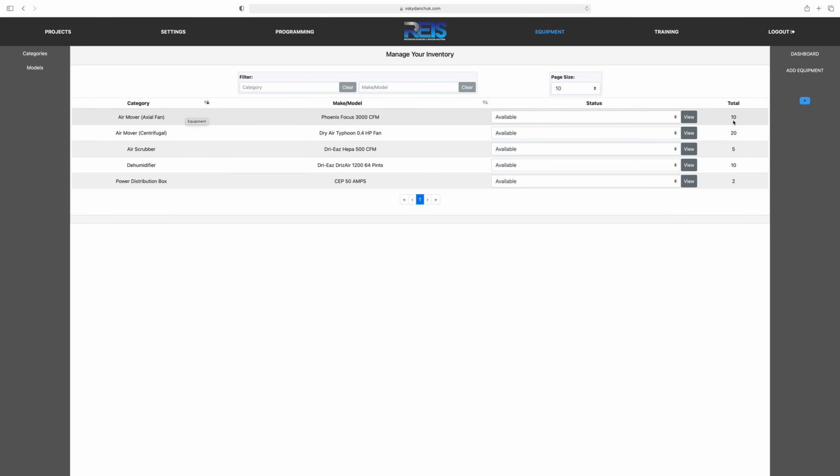But my purpose is I just purchased 10 more of these axle fans, these Phoenix Focus 3000s. I want 20 of them now. So I just bought 10. So the way to add more to your inventory is very simple. You would go to Add Equipment,